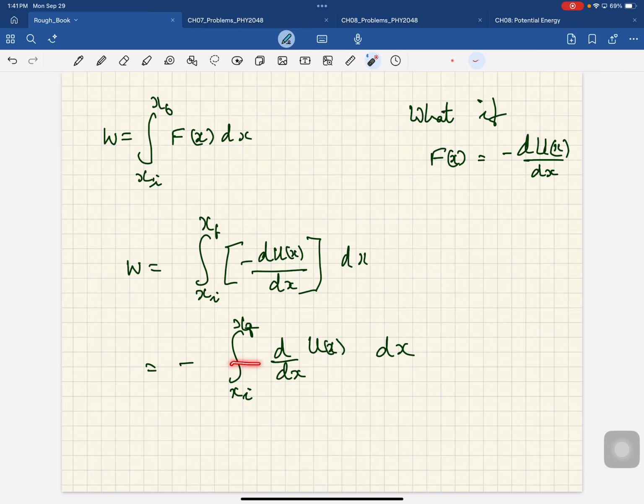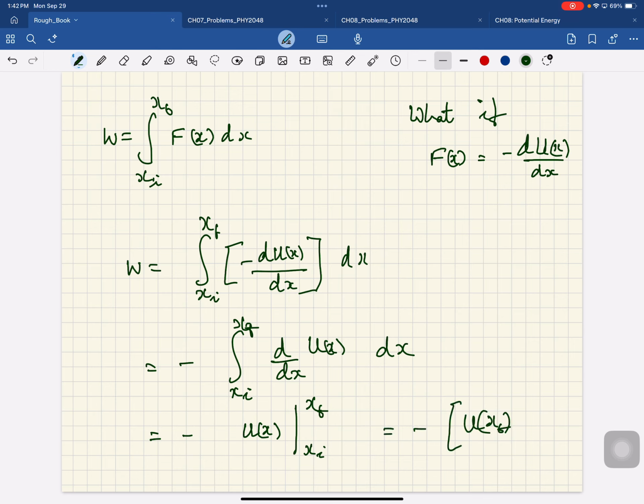These two operations are inverses of each other, so the integral is just U(x). There's the minus U(x) and the limit. So the work done is negative of U(x final) minus